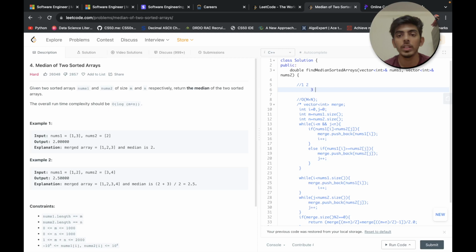In this case, since the size of the combined array will be 4, because here the size of the array is 2, here also the size of the array is 2, so we have size 4. So since the merged array will be of even size, what we need to do is